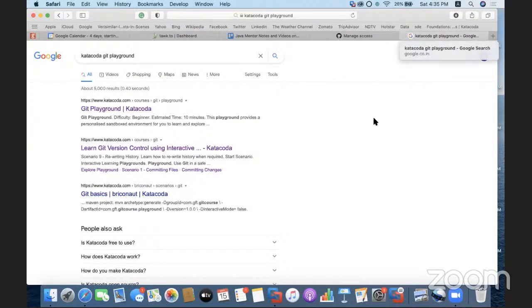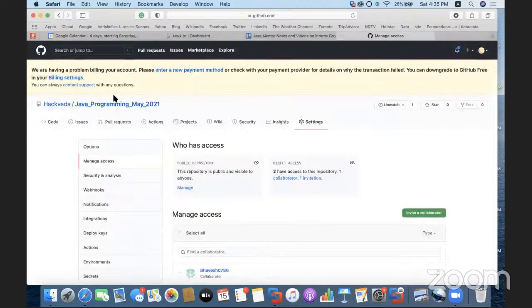अमित, आप क्या करोगे साथ के साथ, once you are uploading ना, तो हैकवे जावा प्रोग्रामिंग मई 2021 रिपोजिटरी के अंदर आप अपना भी एक मास्टर ब्रांच बना लेना जिसमें आप अपना कोड कमिट करोगे, and एक इनका ब्रांच बनवा देना, so that he will commit in his branch, ओके ओके, then I will verify, you will be pushing your code and he will be pushing his code in his branch, okay then I'll get that verified, what all he's coding and the evaluation and every purpose.